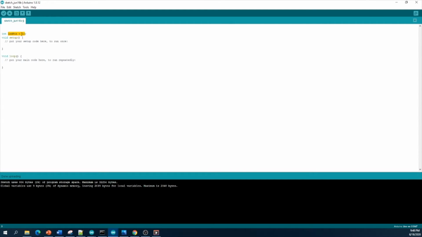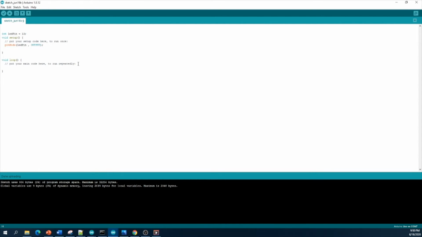Currently we are going to blink an LED, so we need to define this pin as an output pin. pinMode is the syntax we use to define a pin mode. pinMode LED pin, OUTPUT. So this is how to define a pin mode. We are defining pin 13 as output.